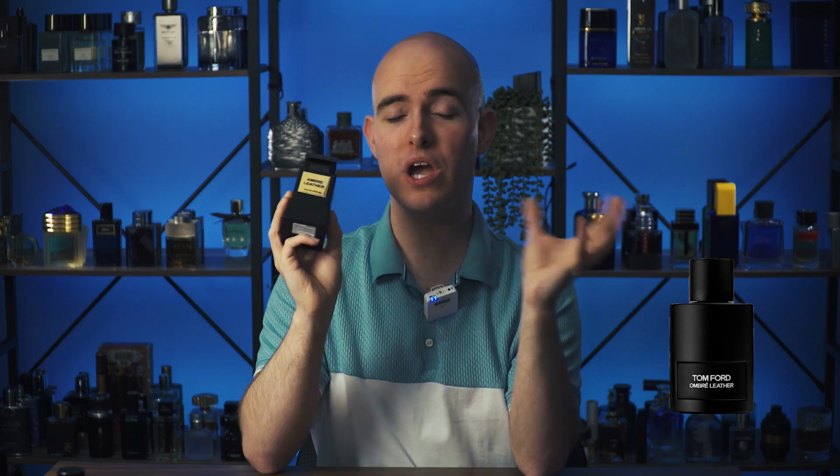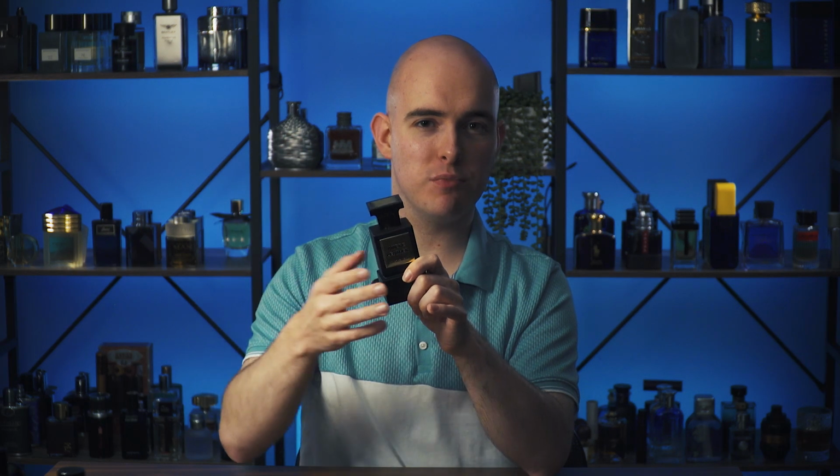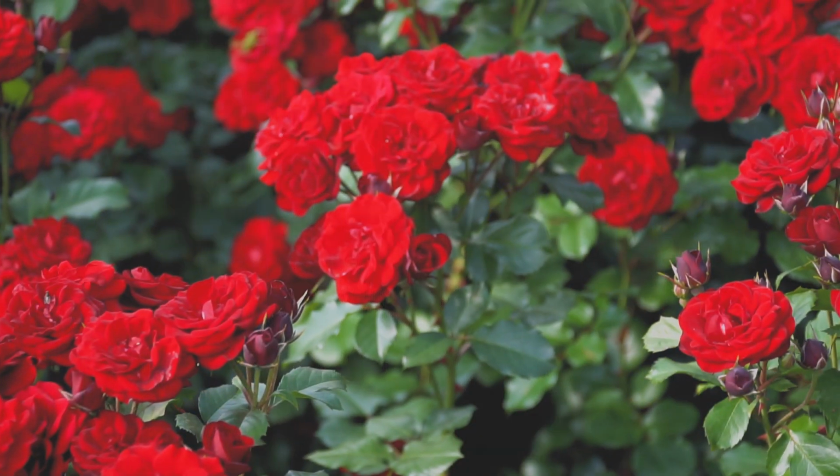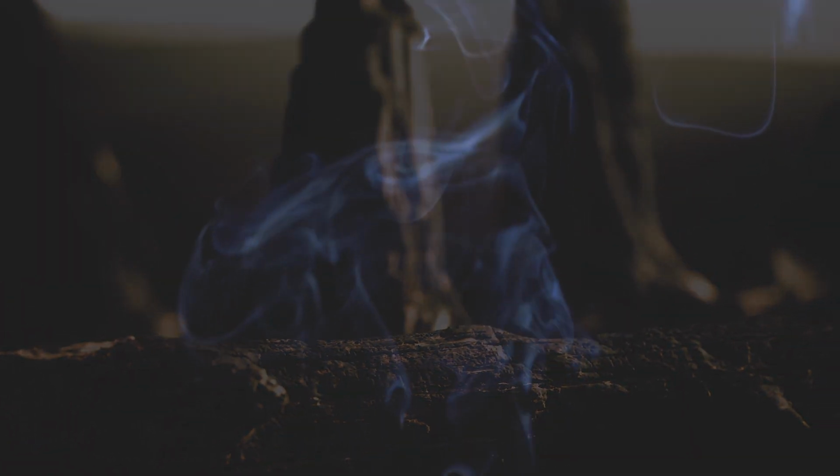But that is way far off from what it actually smells like. Yes, you still get a strong leather note. It is the main star of it, but you don't get that freshness and that jasmine and that underlying woodiness in there like you would in Ambre Leather. Instead, you get a noticeable rose note and a good oud wood leather in the background with a little bit of an incense smokiness. This is way closer to Louis Vuitton's Ombre Nomad,